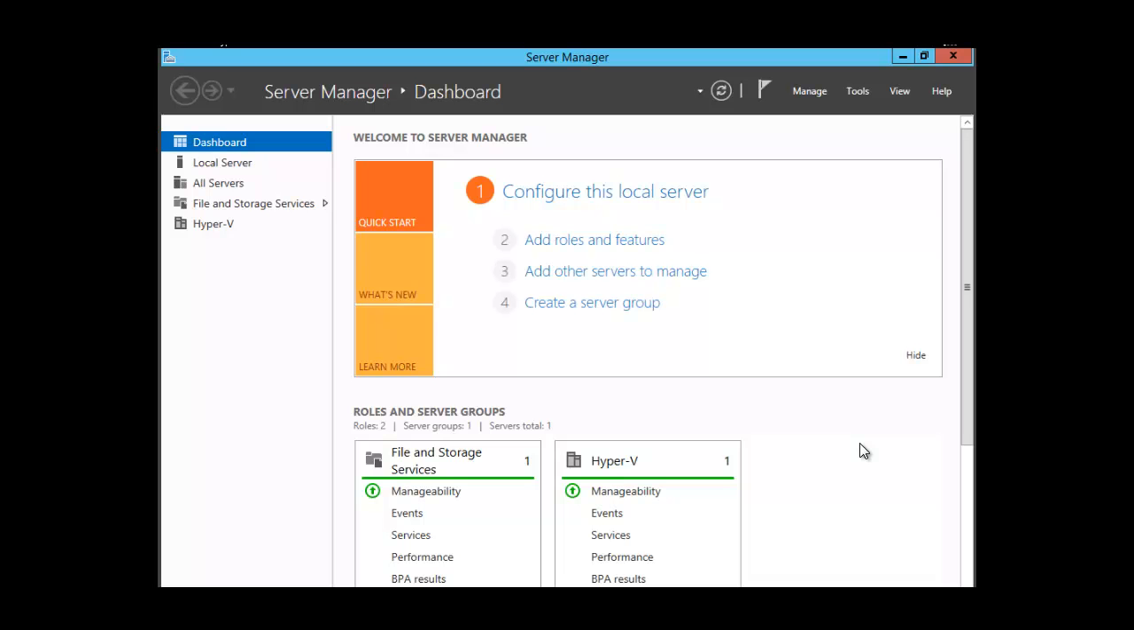Hello, everyone. In this session, we want to talk about Hyper-V checkpoints. Checkpoints are a feature of Windows Server 2012 R2 Hyper-V that allows you to roll a virtual machine back to